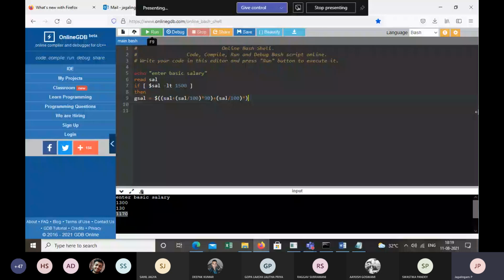I think in both cases it works. Sir, we can also find it by adding salary plus HRA plus DA. There are multiple formulas for that. You can do that.